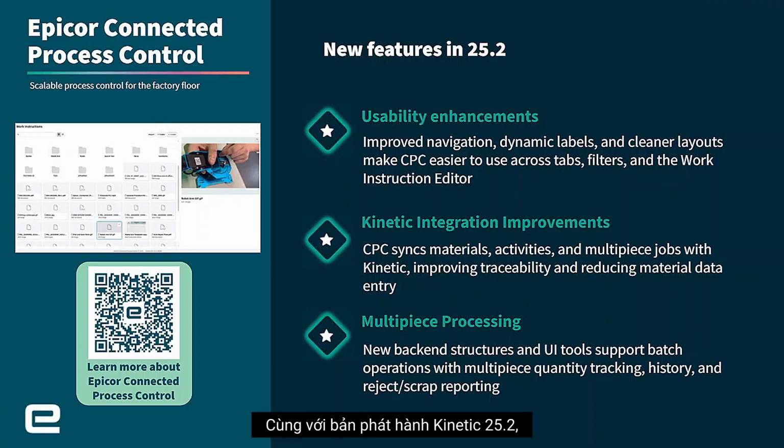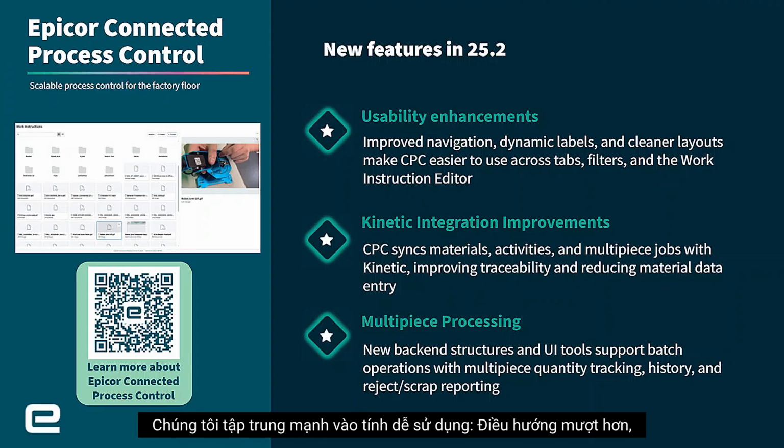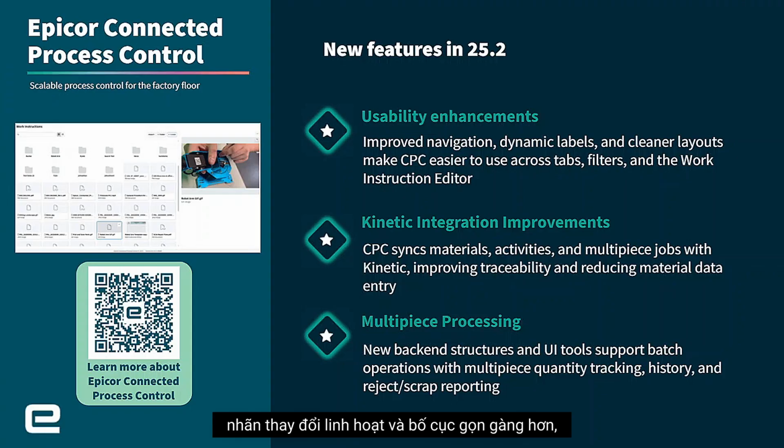In conjunction with the Kinetic 25.2 release, CPC released a new version in August. There were over 70 new features introduced in this release. We focused heavily on usability. Navigation is smoother, labels are dynamic, and layouts are cleaner, making CPC easier to use across tabs, filters, and the